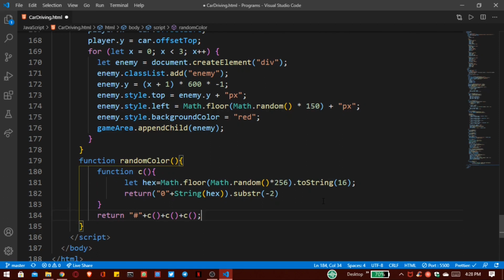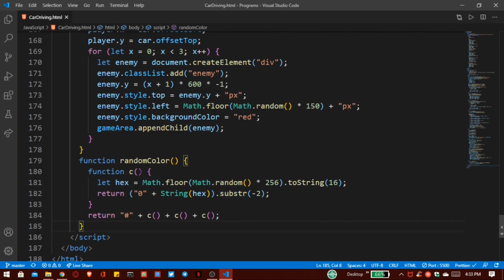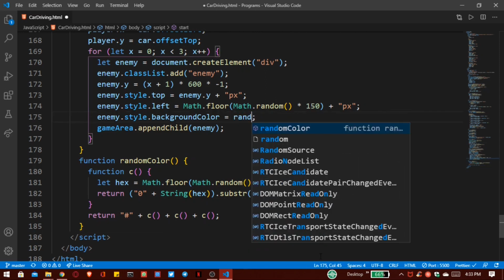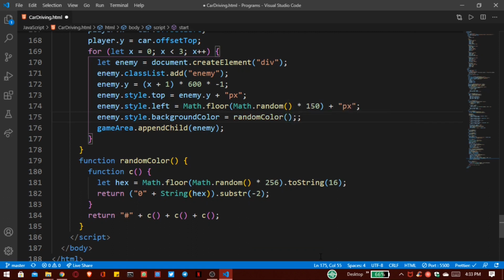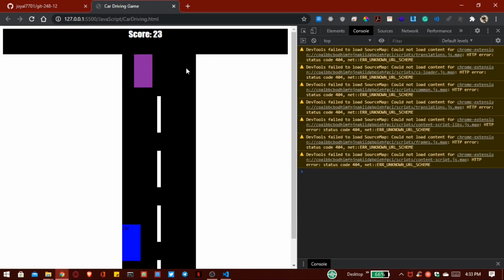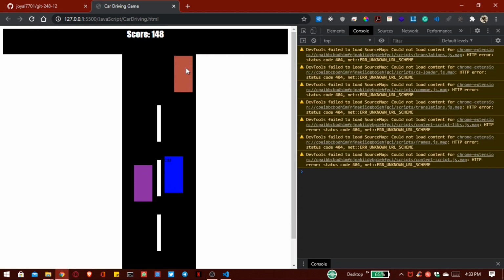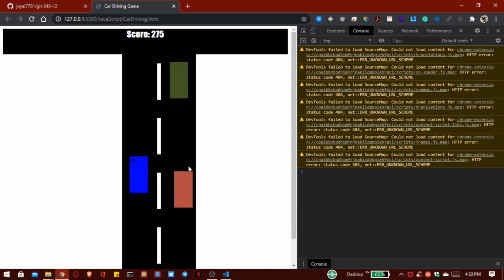This trick for changing random color may be tricky for you, so you can go online and check the condition we have to apply, and write your code on it. But I am familiar with this random color function. This is used for returning the last two characters. Now we generated our function, so let's use it. Instead of this red color, I pass that function random color. Now save this, open your browser and start the game. And yes, now you can see there are many colors inside our randomly generated cars.